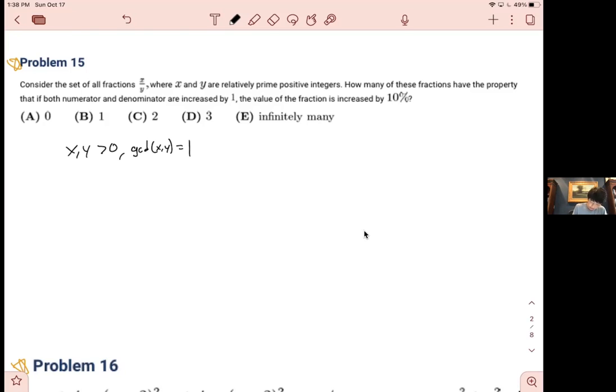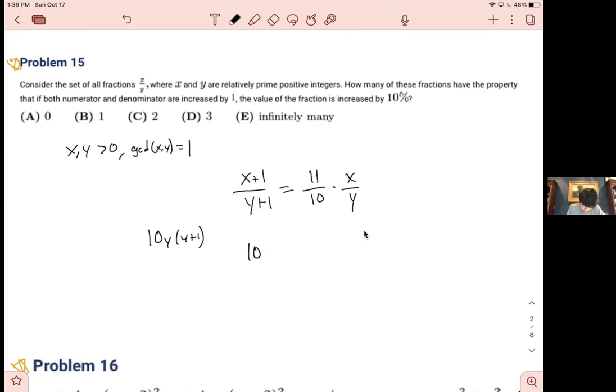So we can just write this algebraically. This means that if you write (x plus 1) over (y plus 1), this is equal to 11/10 times x over y. That's the same as increasing by 10%. And then if you multiply both sides by 10y times (y plus 1), you get that